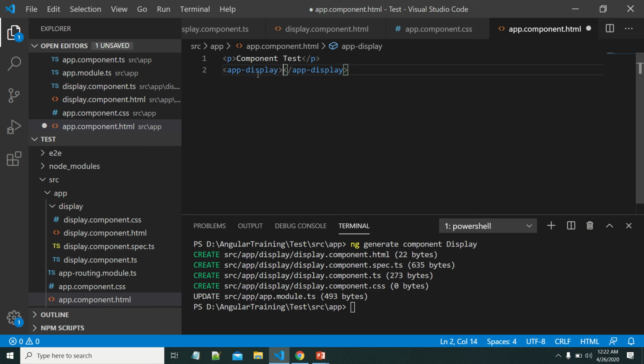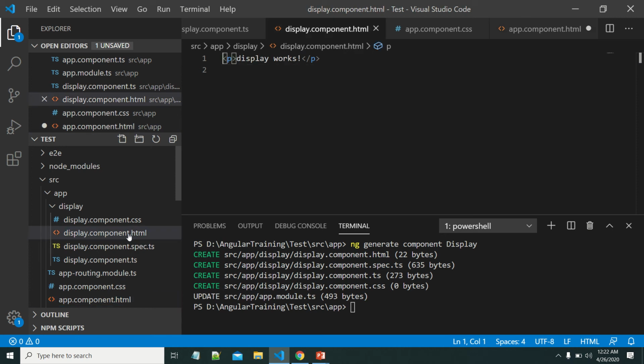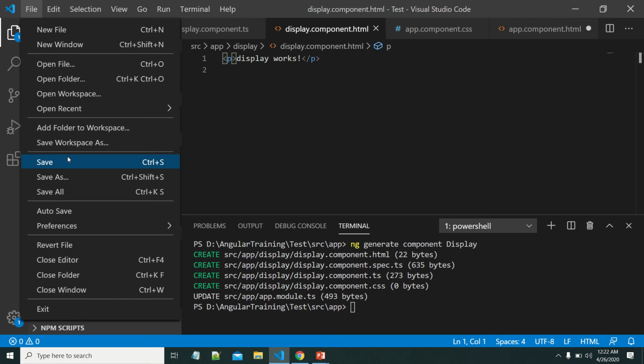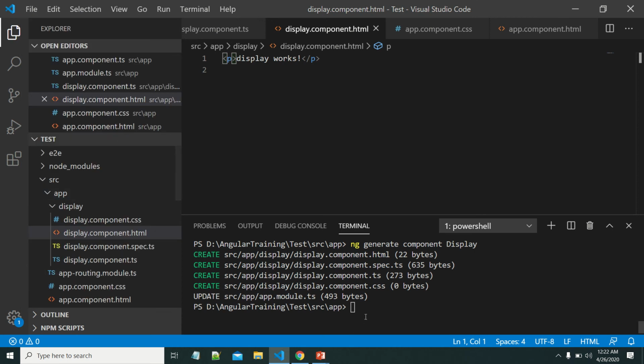Angular identifies this app-display as the display component, and it will try to instantiate that component, and whatever HTML elements are defined in this HTML will be displayed on the browser. Let's see how it will show. Let me run this application.